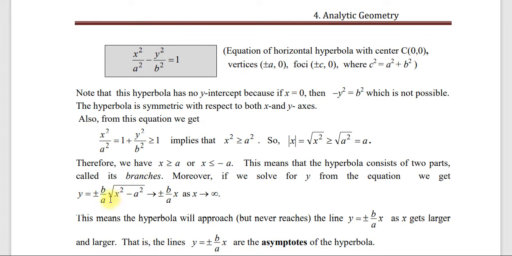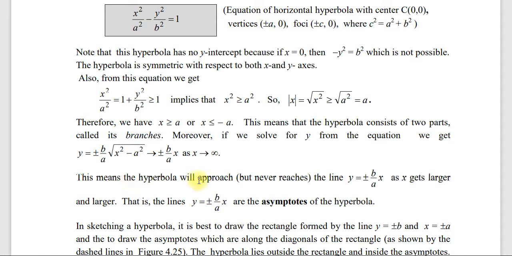ኦኬ ከዚህ ነው የምንዋጣው ይሄንን። ስለዚህ ምን ማለት ነው? xን ወደ ኢንፊኒቲ ብናስጠጋው ምን ይሆናል? plus or minus b over a x ይሆናል ማለት ነው y ማለት። ምክንያቱም መሰላችሁ አሁን x ኢንፊኒቲ ሆነ ማለት ኢንፊኒቲ ማይነስ ትንሽ ቁጥር ያው ኢንፊኒቲ ነው። ኦኬ ወይም x ያልነው ማለት ነው። ስለዚህ b over a times x ማለት ነው። ባጭሩ ስኩዌርን ኢግኖር አደረግነው ማለት ነው x ወደ ኢንፊኒቲ ባስጠጋን ቁጥር።